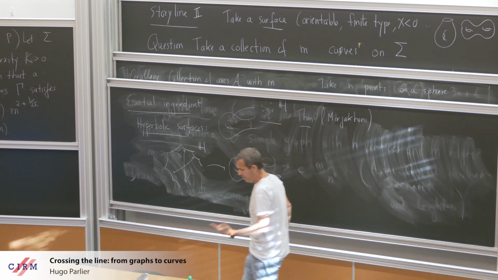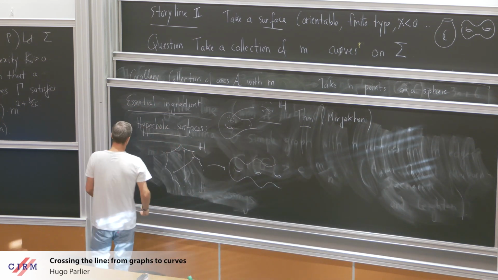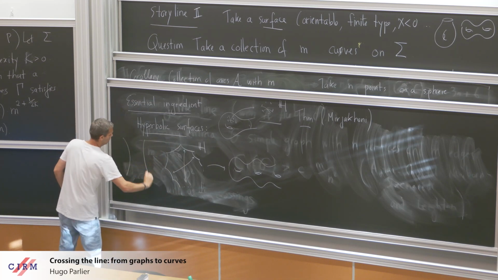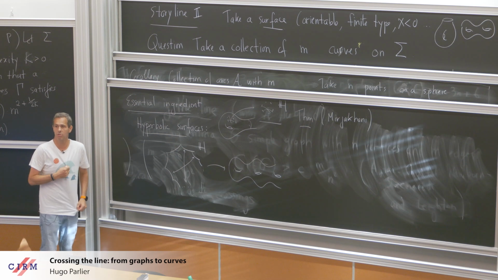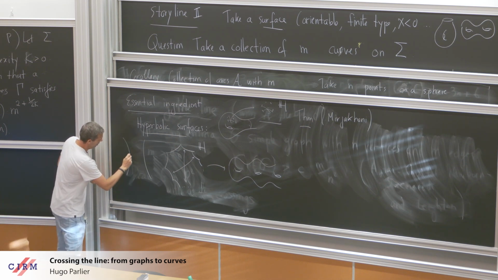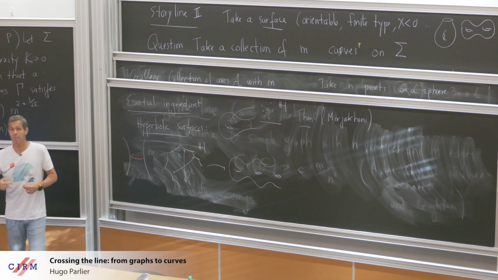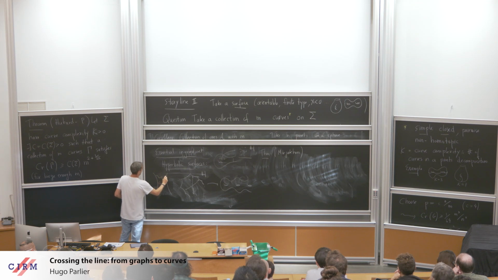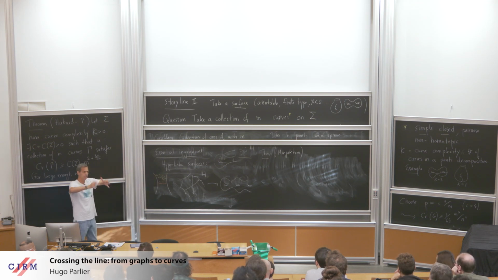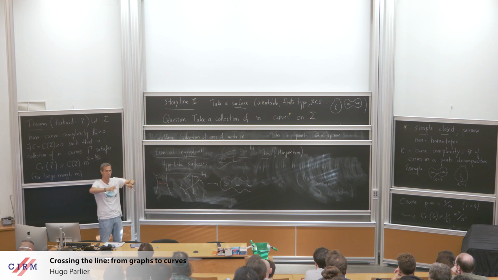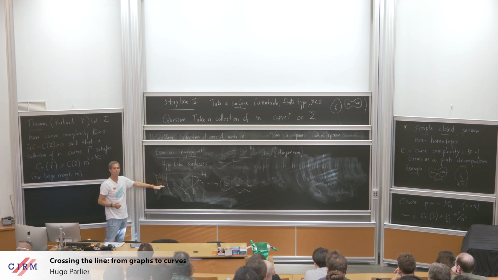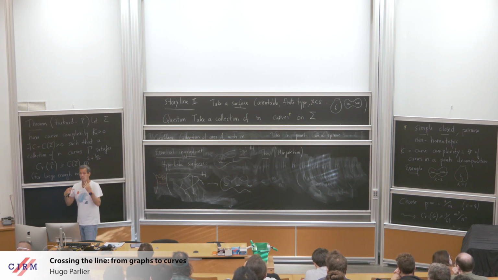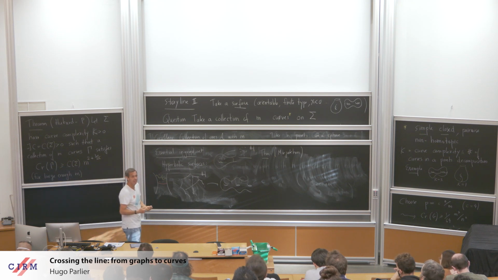So one fascinating fact about hyperbolic surfaces, if you've never seen it before, is the one thing to retain from this talk, besides the fact that I don't know how to use this microphone: when you look at a free homotopy class of simple closed curve, or closed curve in general, there is a unique geodesic in this homotopy class. The negative curvature, which you can see on this picture because it's curved one way and the other way, implies that in a free homotopy class there's a unique closed geodesic. So counting simple closed geodesics amounts to counting homotopy classes of simple closed curves.